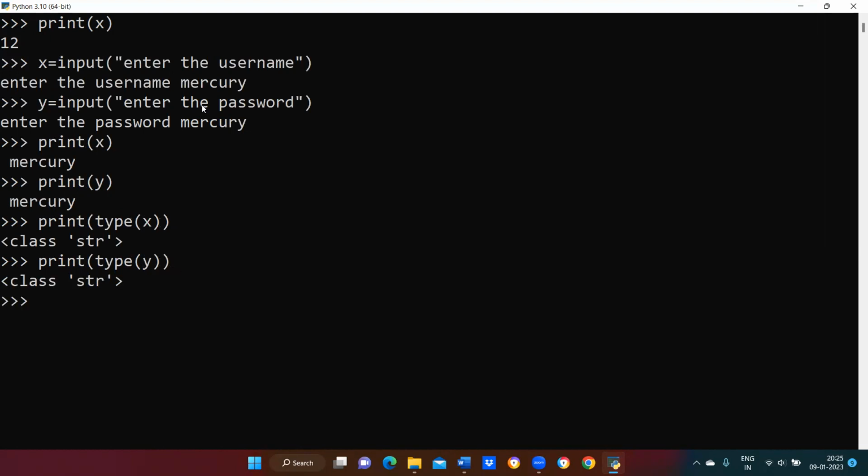Similarly, integers also. If you want to add two integers, we use x1 equal to int of input,